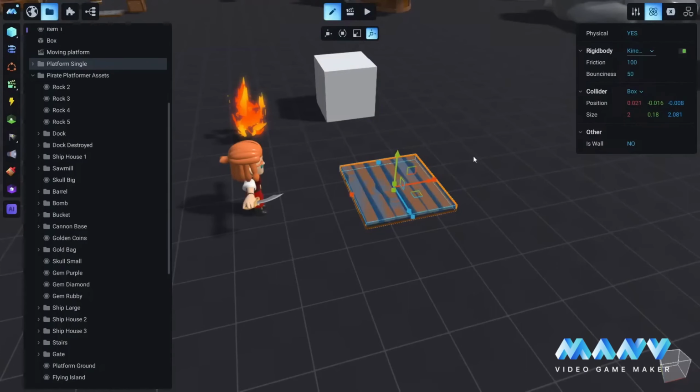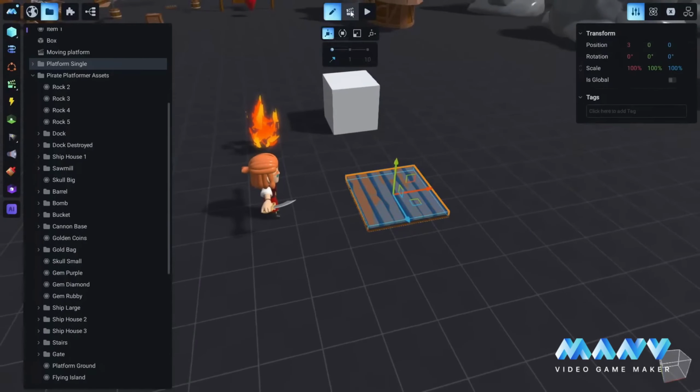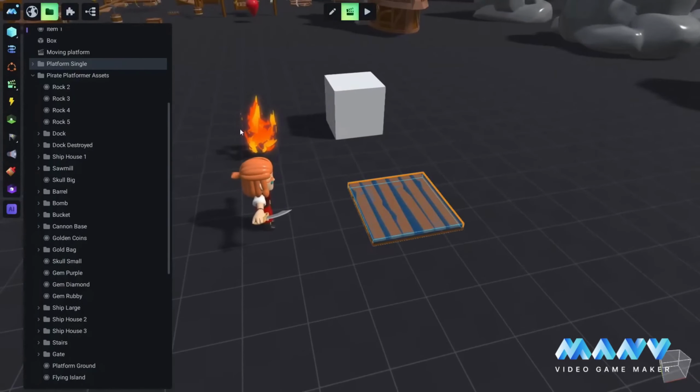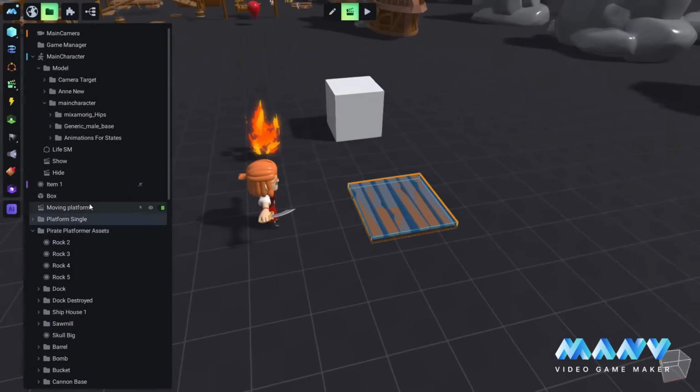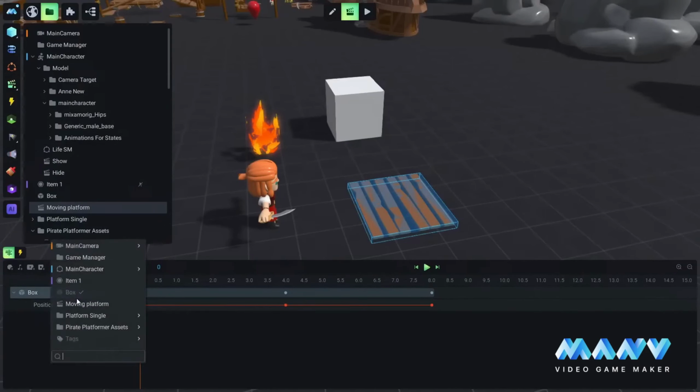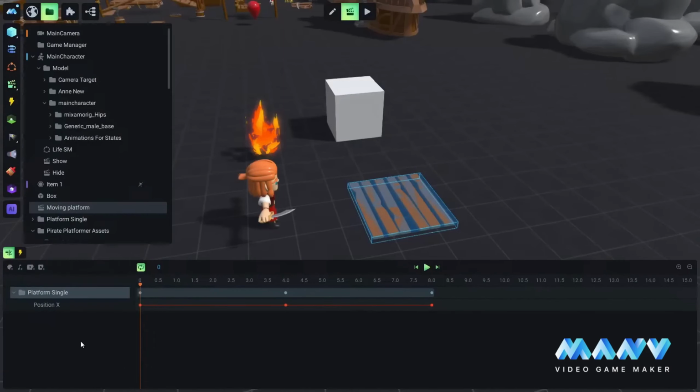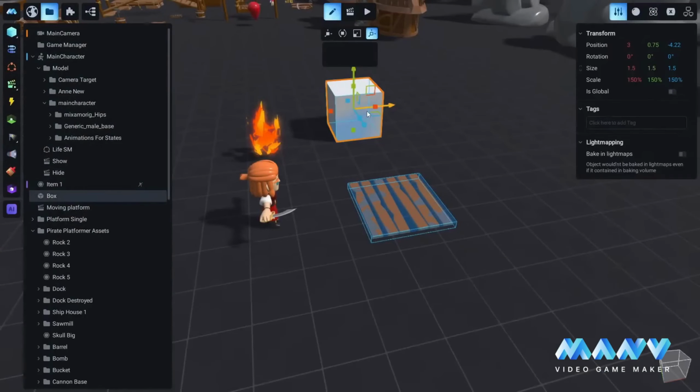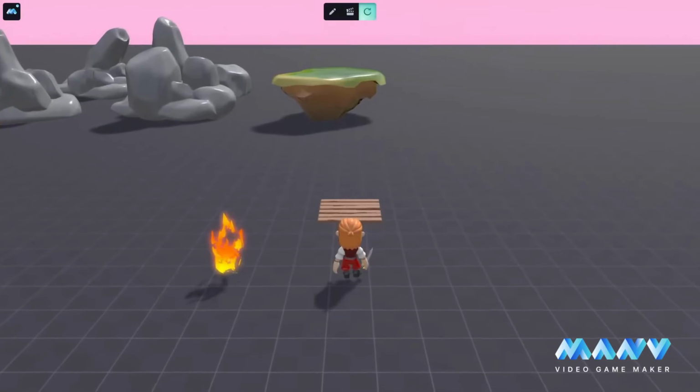So let's go to kinematic, and if we go to animation mode again, we find the animation that we have just created, the moving platform. You see here it says box, but we don't want to animate the box, we want to animate the platform. So a very cool trick is to right click, retarget, and we just find the model that we want to retarget it to. In our case, the platform. Okay, platform. And let's save, and we are done. Okay, we can delete the box. And if we play now, we have a moving platform